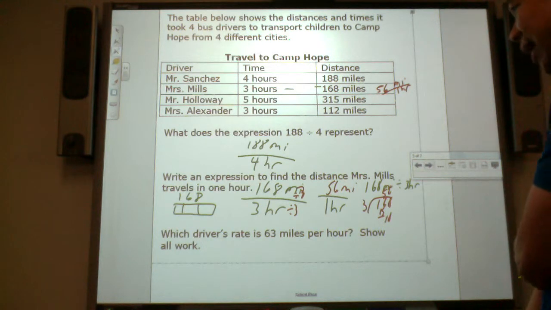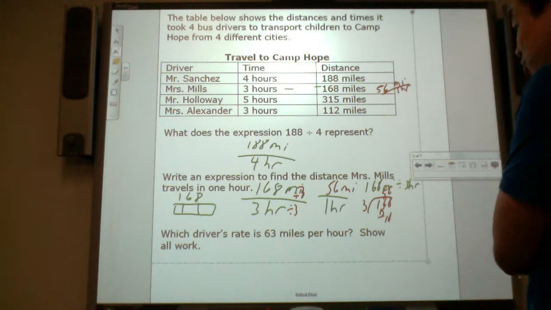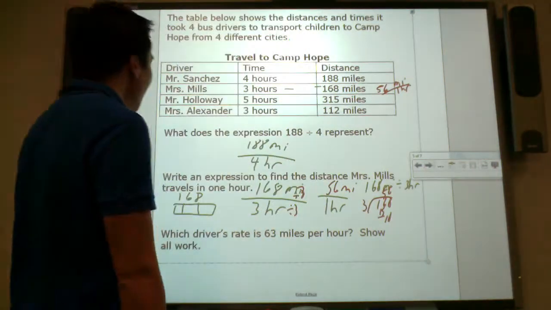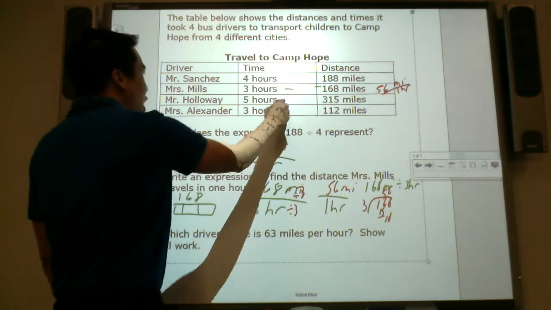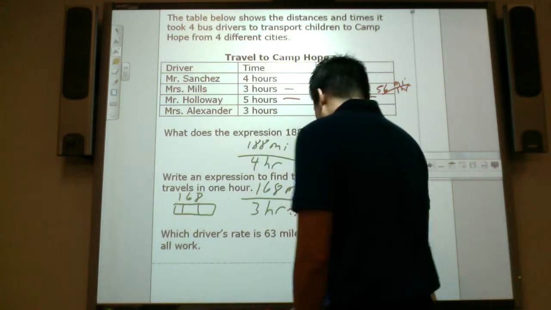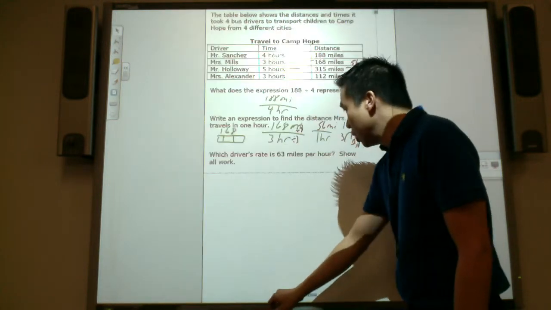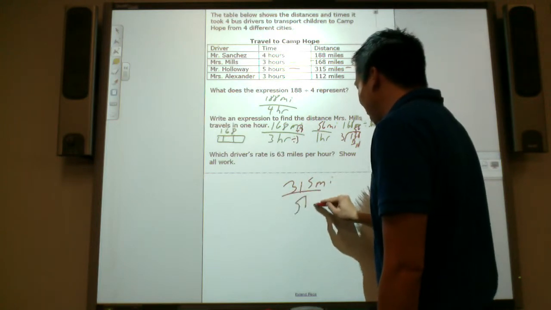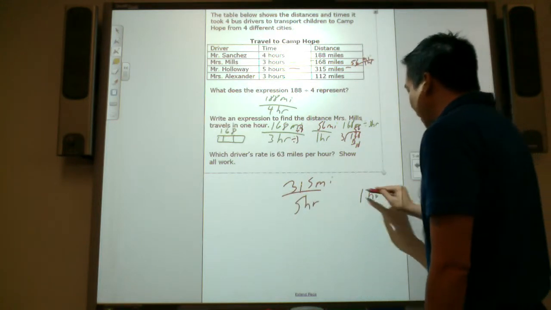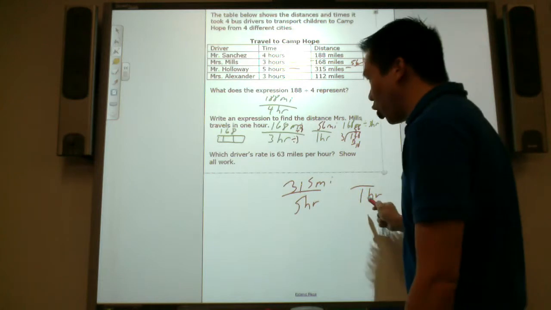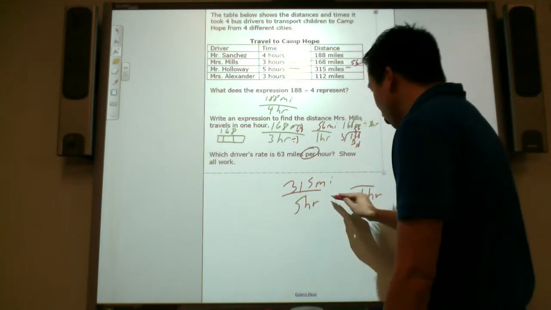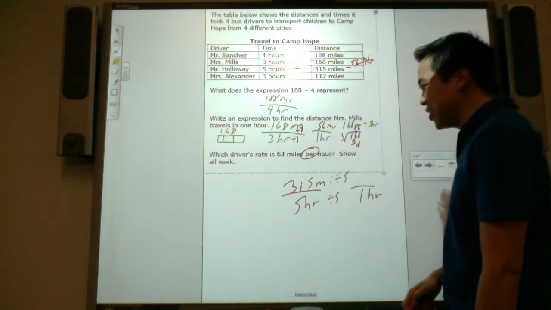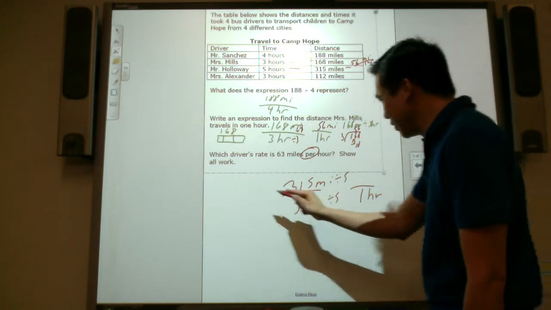Which driver's rate is 63 miles per hour? Show all work. Well, I know Mrs. Mills drove too slow. If I had to take a guess, I'm going to try Miss Holloway. So Mrs. Holloway drove 315 miles in 5 hours. I would like to know how many miles you drive per hour. Per means divide. I'm going to divide by 5. 315 divided by 5